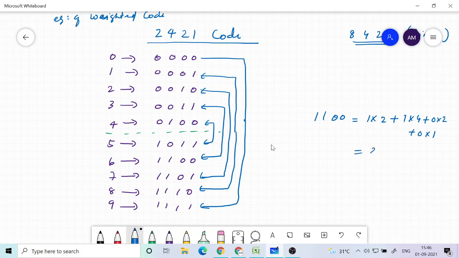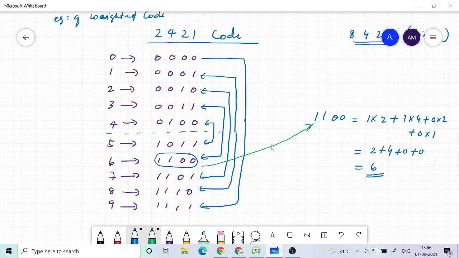Which is what? 2 plus 4 plus 0 plus 0. That is 6. Okay, so that's what I did. I took this number just to show you that it has a place value. For each position, you have to multiply with the weight in order to get the value.